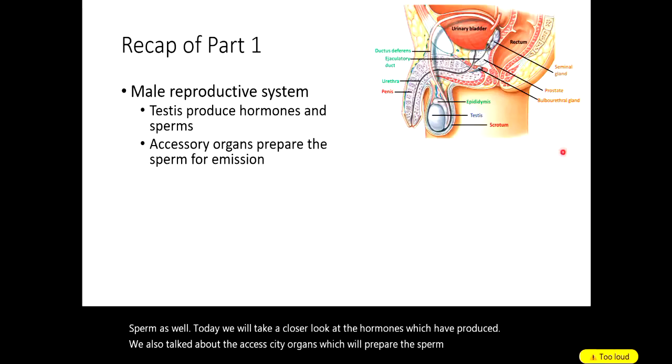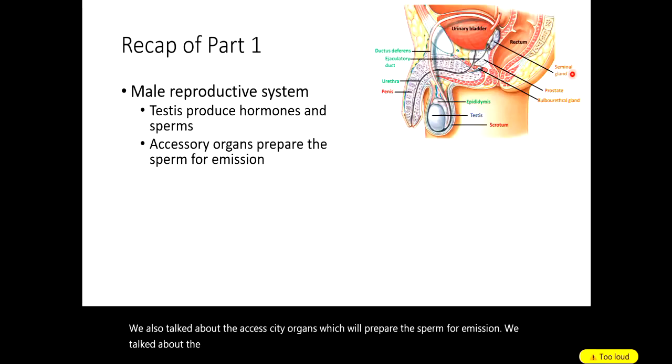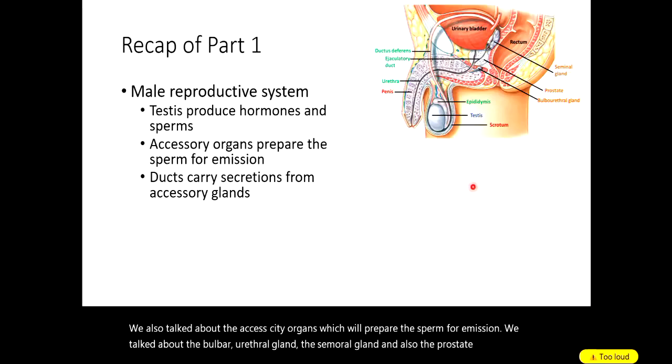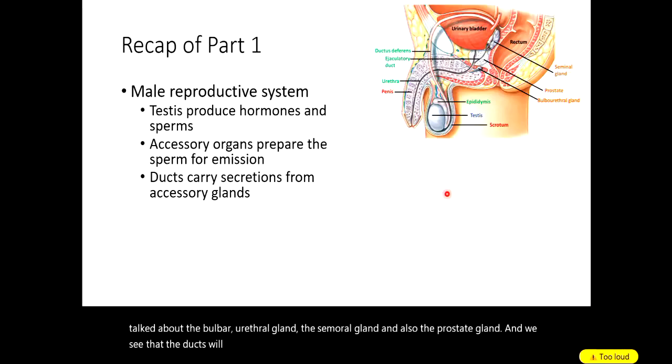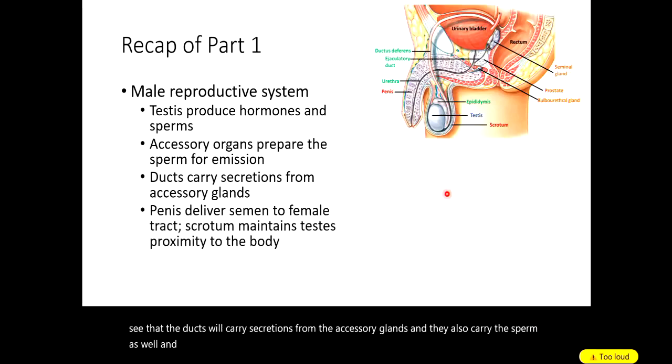We talked about the bulbourethral gland, the seminal gland, and also the prostate gland. And we see that the ducts will carry secretions from the accessory glands, and they also carry the sperm as well. And finally, the penis will deliver the semen into the female reproductive tract, and the scrotum, we saw how